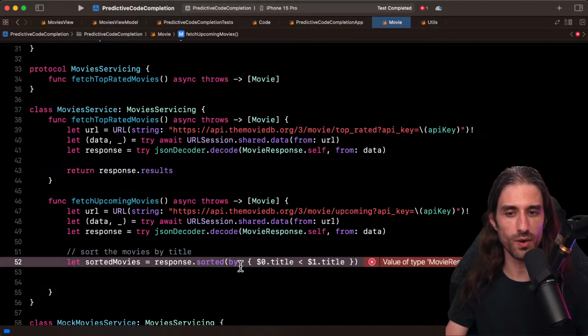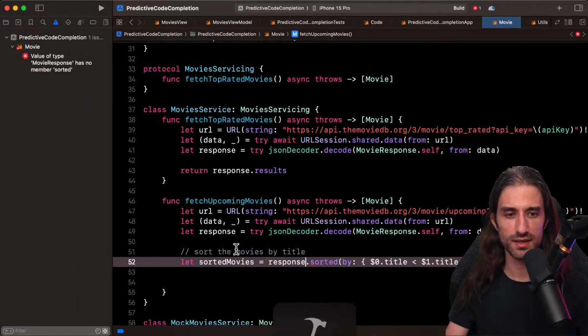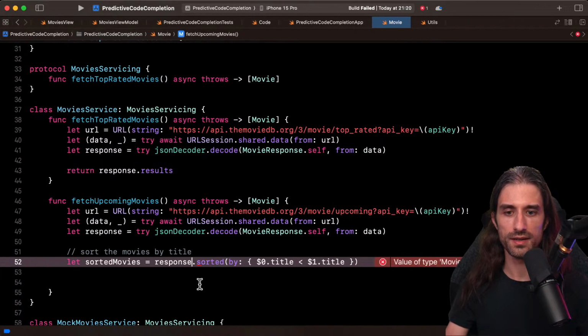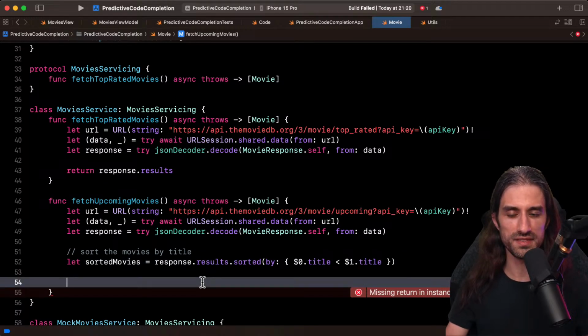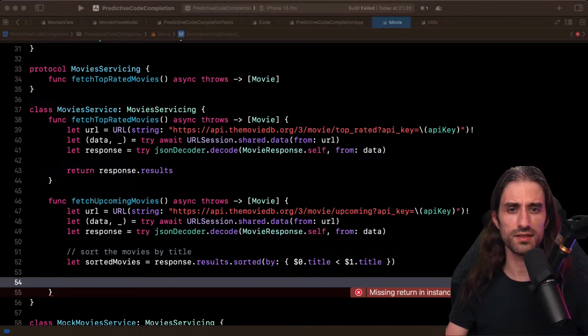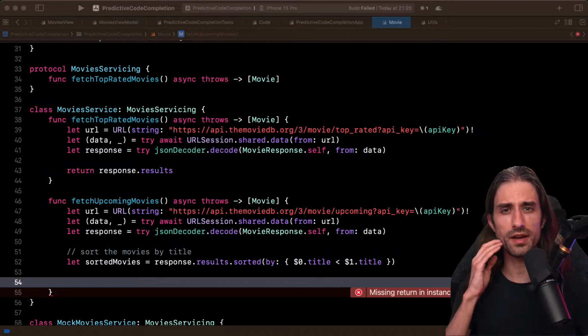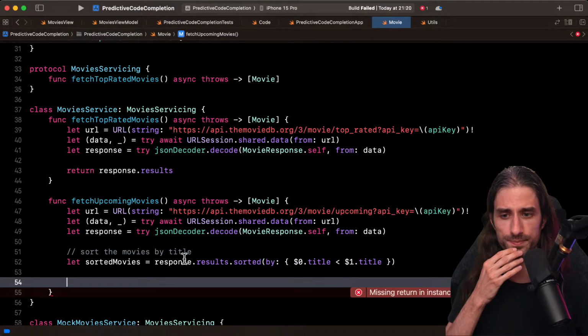So this is extra, but the rest, okay, yeah, you need to do response.results. Okay, so it got one identifier wrong. But besides that, you can write a comment and then have the comment influence the code that's suggested. So that's good to know. So we've seen that commenting code doesn't work, but generating code taking comments into account, so being comment aware, basically, this one does work.